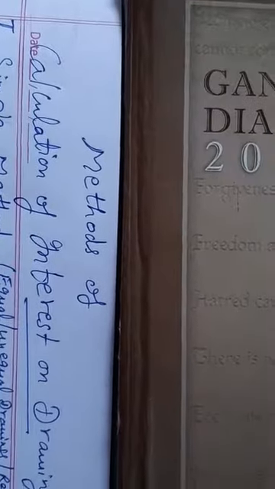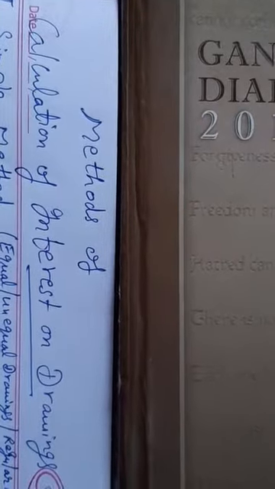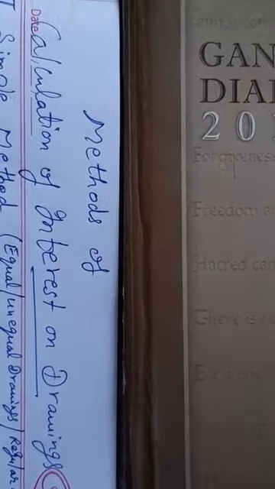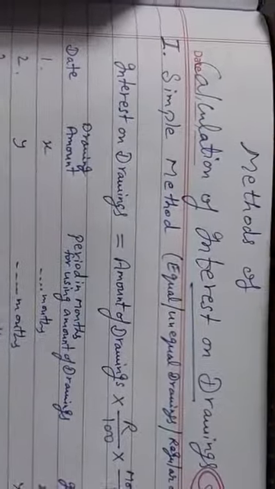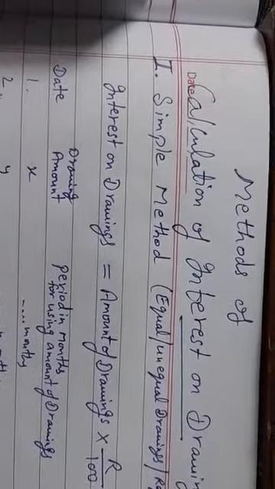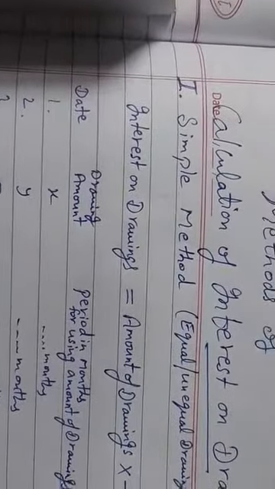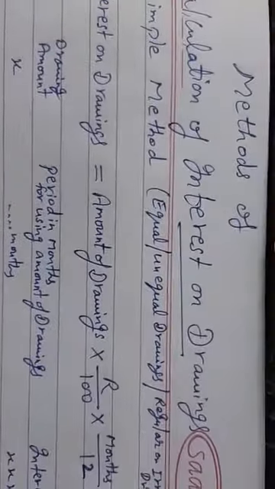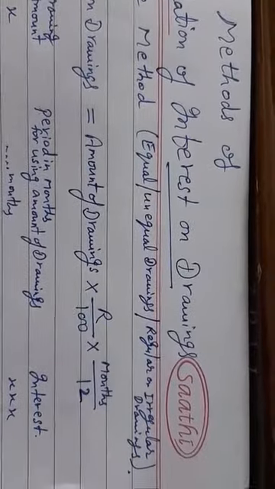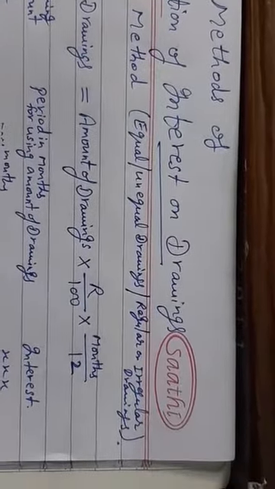Students, today we will discuss the methods of calculation of interest on drawings within the partnership fundamentals. There are two methods of calculating the interest on drawings. The very first method is known as the simple method. In the simple method, interest on drawings is calculated by the formula: interest on drawings is equal to amount of drawings into rate upon 100 into months